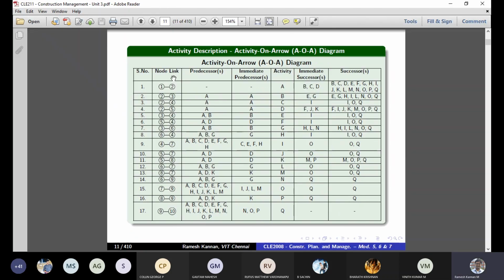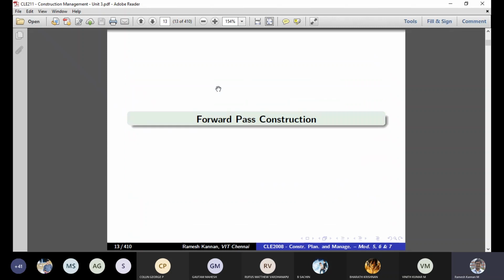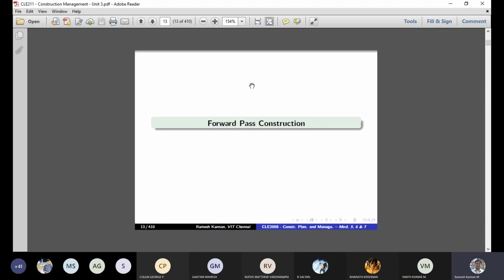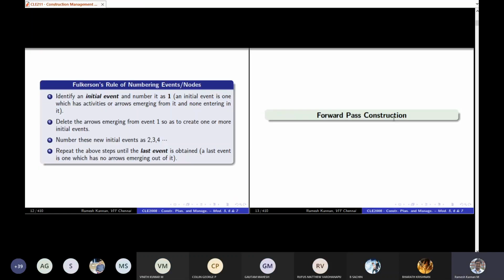We'll talk about Fulkerson's rule of numbering events a little later. So I'll put the overall picture side by side from left to right, and in the same way we also have backward pass construction.